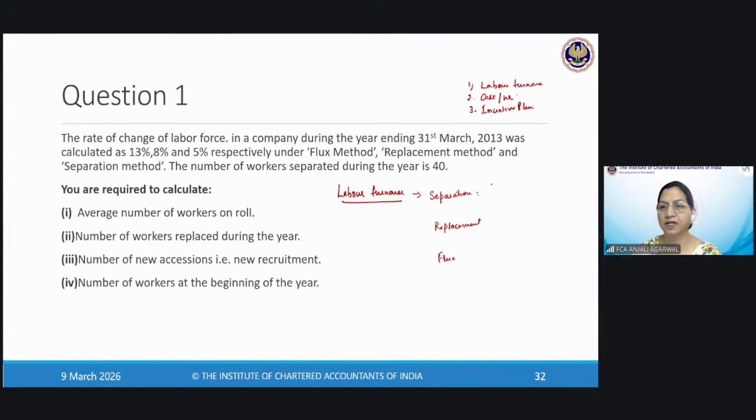Separation takes into consideration the number of employees who leave the organization during a period. They leave either because they were discharged, terminated, resigned, or they died, any reason. So whoever left the organization for whatever the reason, the number of employees left divided by average number of workers in this period into 100. So if opening workers were 1,000, closing workers,